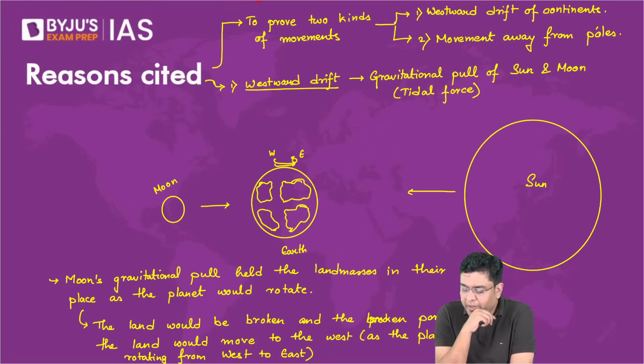Sir, if the theory has been rejected, then why even today do we use the term Gondwana? So the term Gondwana land has been taken from the central portion of India, where you have the Gond tribes which have been living there. So that is where the term Gondwana land has been derived from. Okay.